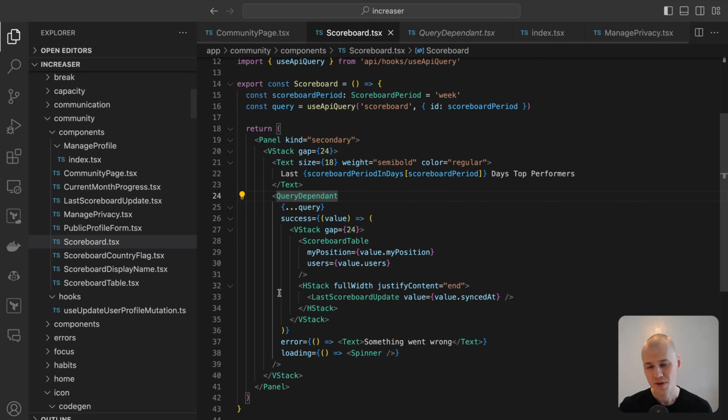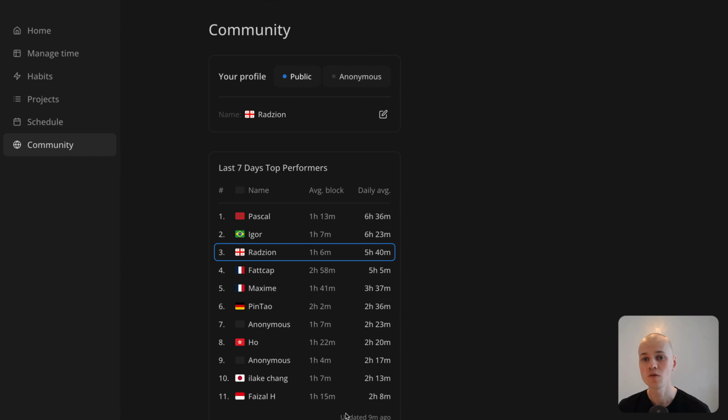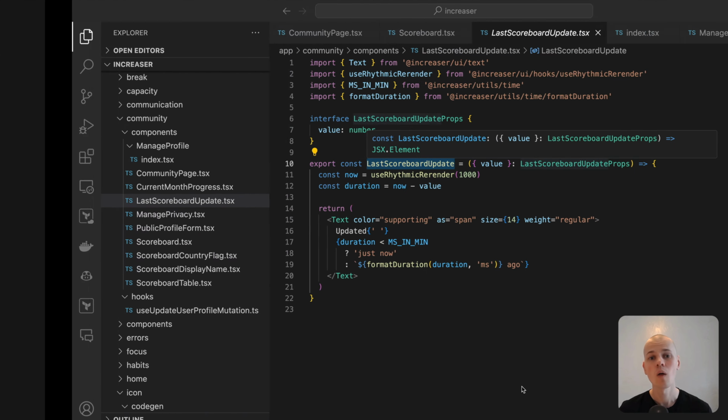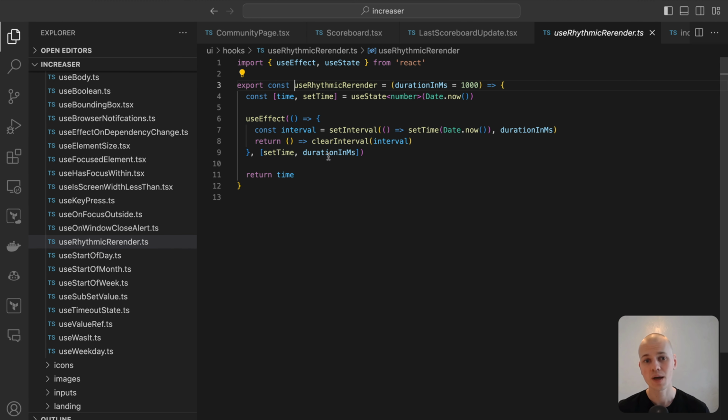Updating the scoreboard in real time presents significant expense and maintenance challenges. As a more practical solution, we update the scoreboard every 10 minutes. The time of the last update is displayed using the LastScoreboardUpdate component. To ensure the time display remains current, the useRhythmicRender hook is employed to forcefully re-render the component every